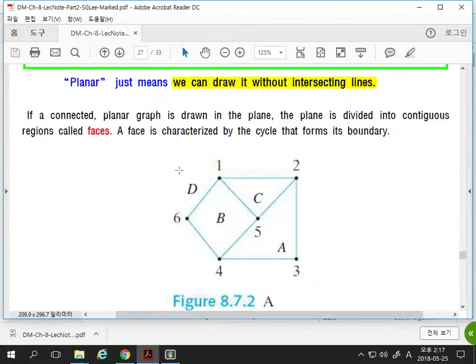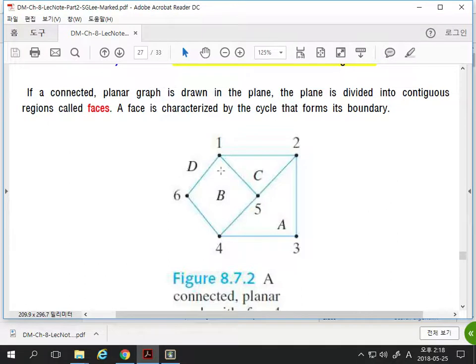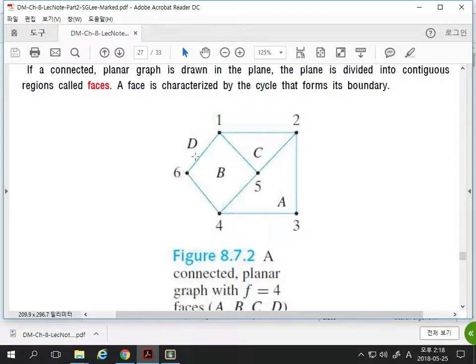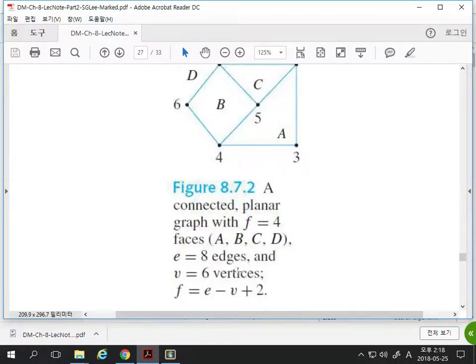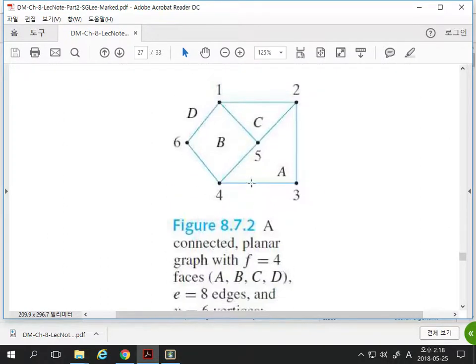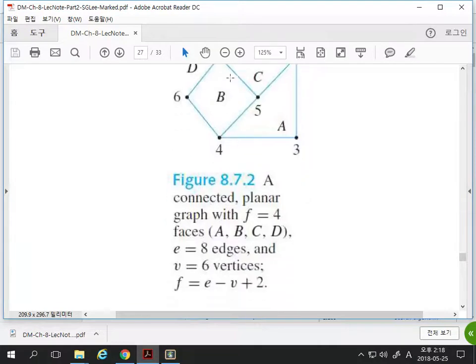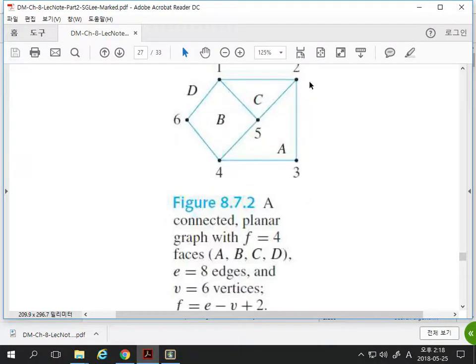So if G is a connected planar graph drawn in the plane, the plane is divided into faces. When a planar graph is cut like this, you can distinguish the inside and outside of the edges. If the edges break off in the middle, you cannot make that distinction. Okay. So if you see here, we have vertices and edges, and also we can